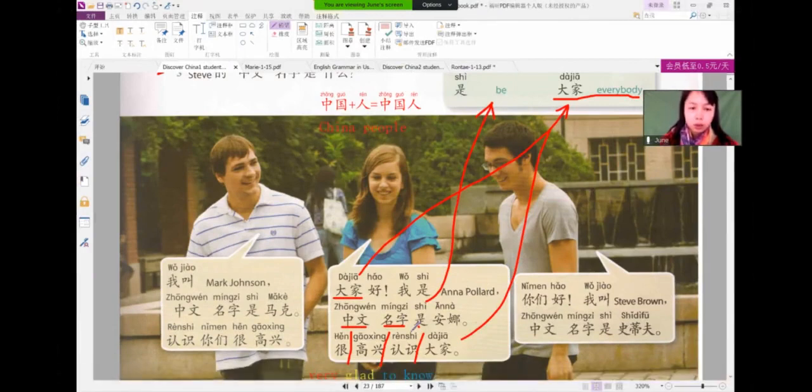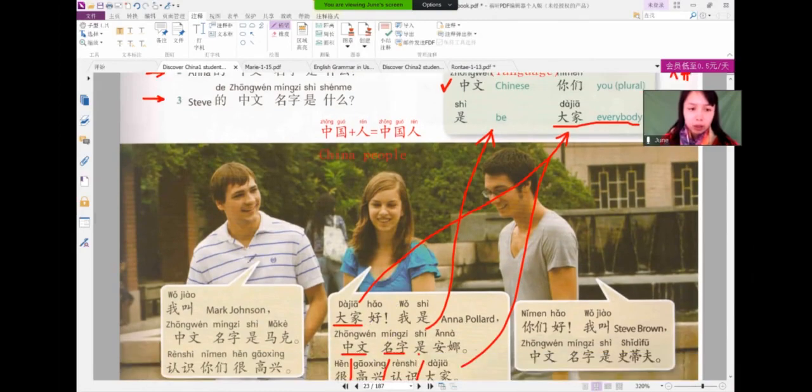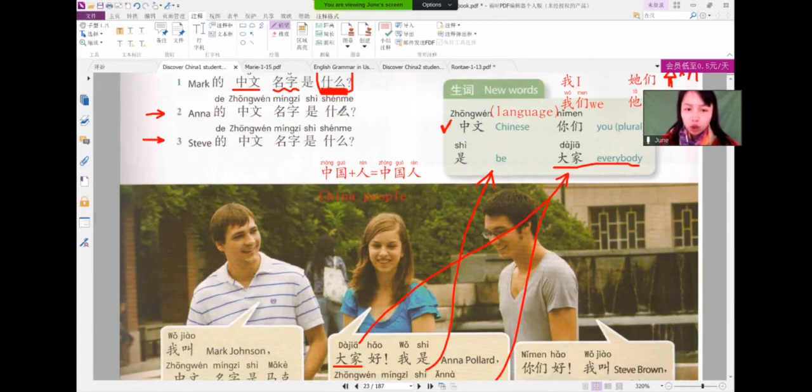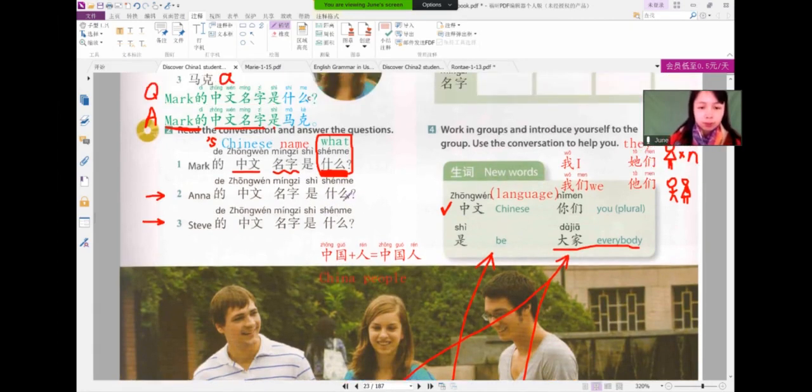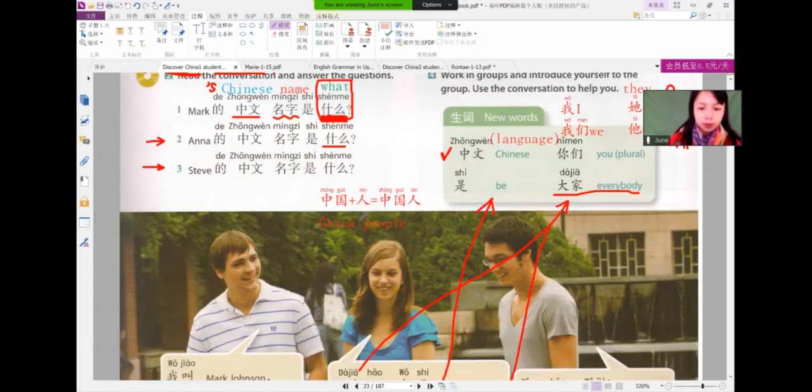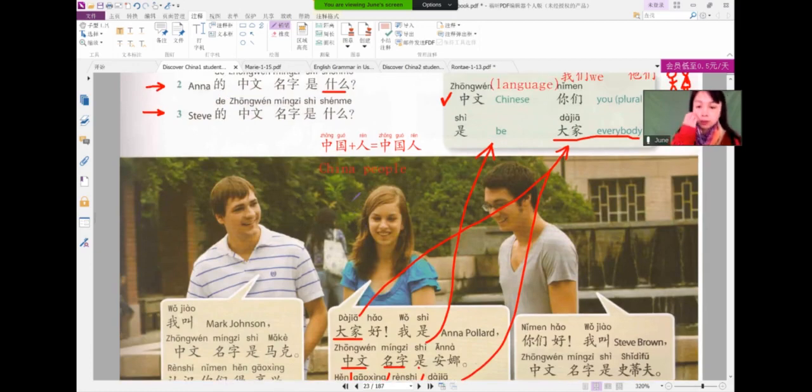No. Okay. So right now we have one piece of information about Anna Pollard. So Anna 的中文名字是什么? Could you read it? 的中文名字是什么? 的中文名字是安娜。 Yes. So Anna 的中文名字是安娜, right? 安娜. So could you type the answer sentence? Anna 的中文名字是安娜。